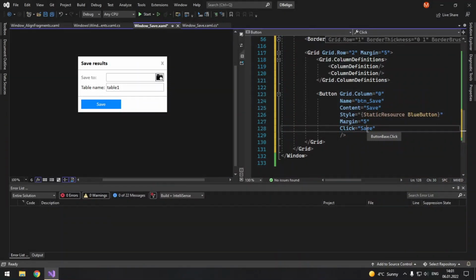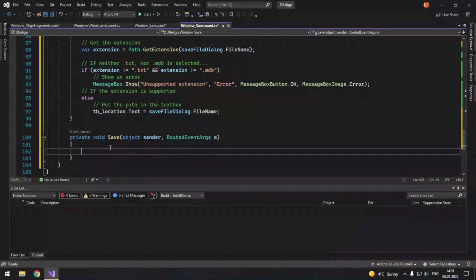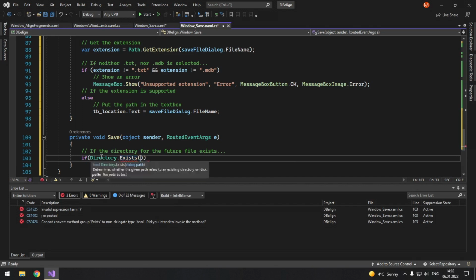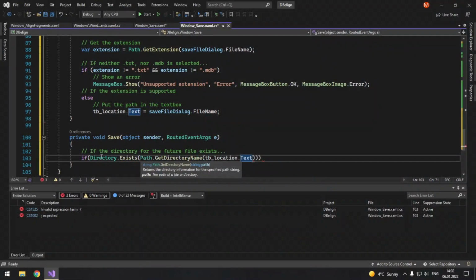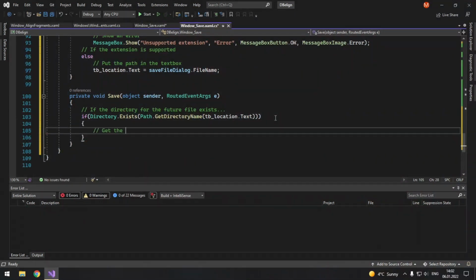Okay, press F12. So here is where actually the save logic will be conducted. So we first check if the directory for the future file exists. So if Directory.Exists, and we check Path.GetDirectoryName from tb_location.Text, then we get the extension.